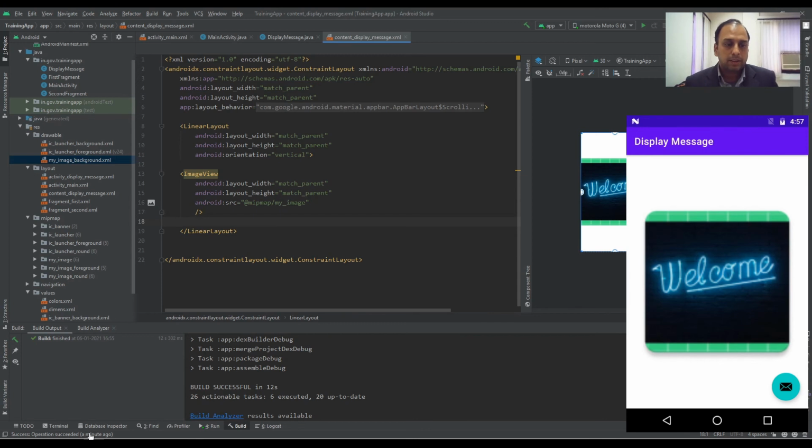So this is what we have created today. Today's was a practice session. What we have done today is just a review. We have created 2 edit boxes, one for ID and one for password, and a button which checks. When we click on that button, it checks whether the ID and password are correct or not, and if it is correct, it shows another screen and shows a welcome message.